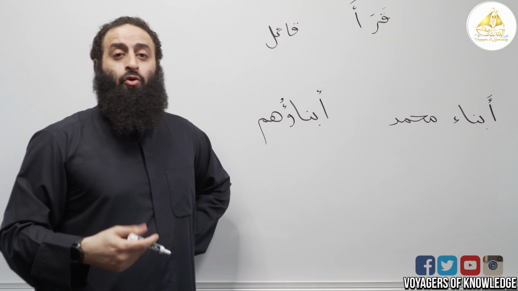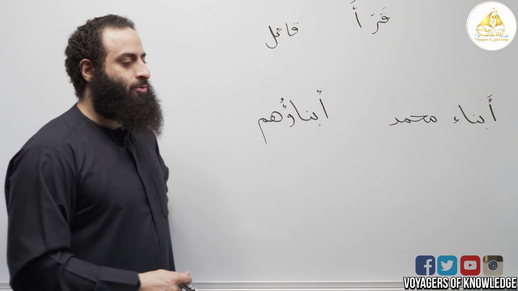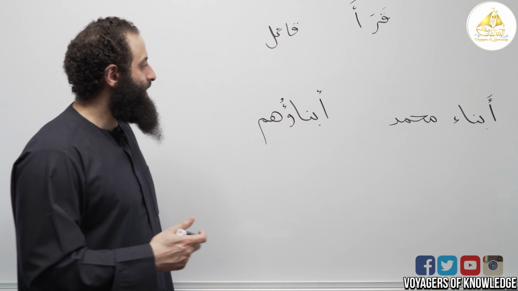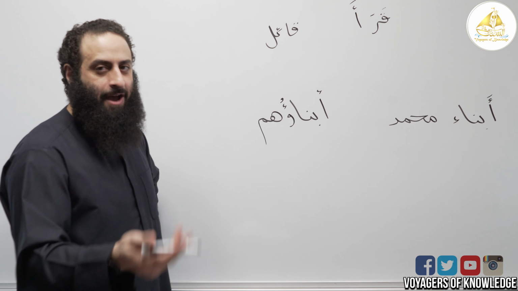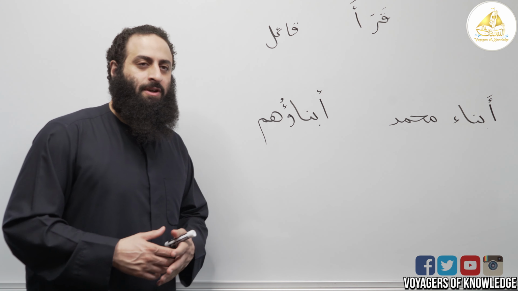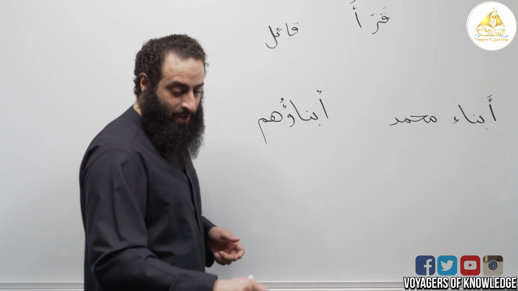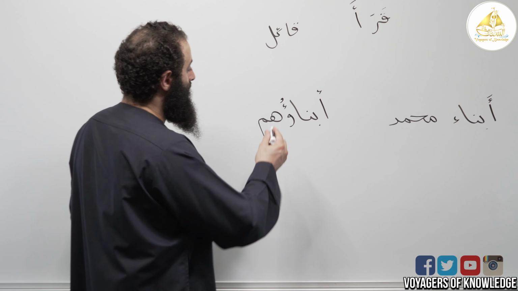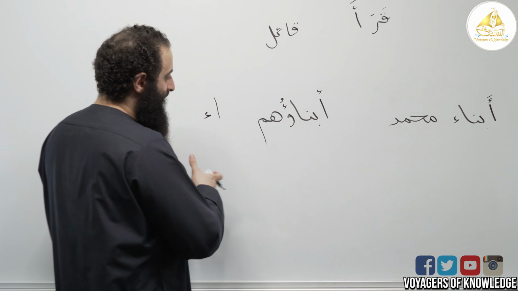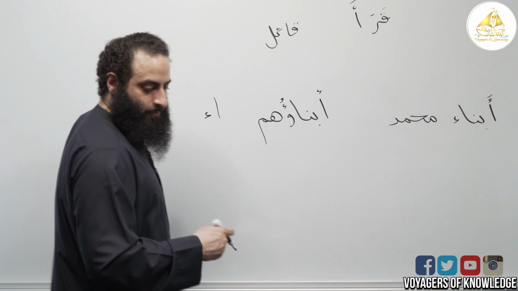Now, normally, it's as simple as that. But then it comes into, is the hamza originally at the end of the word, or is it in the middle of the word? And then if it is, what is the haraka of the letter before it? And all of that comes into play much later, but to be quite honest, it's very, very technical. And in this case, what we're going to do is just point out that on words that end with a hamza, alif and hamza like this, when you add something to it, just place it on whatever the haraka is on the hamza. So for example,